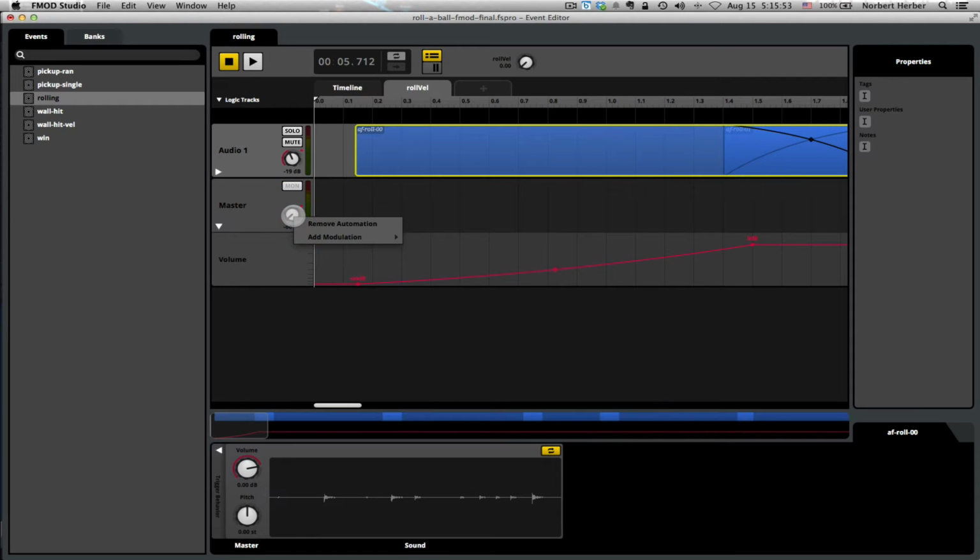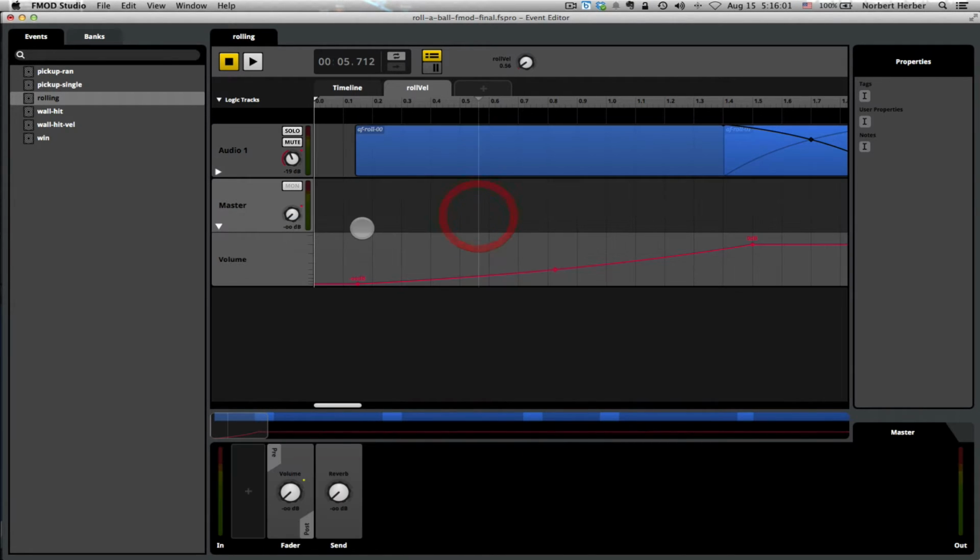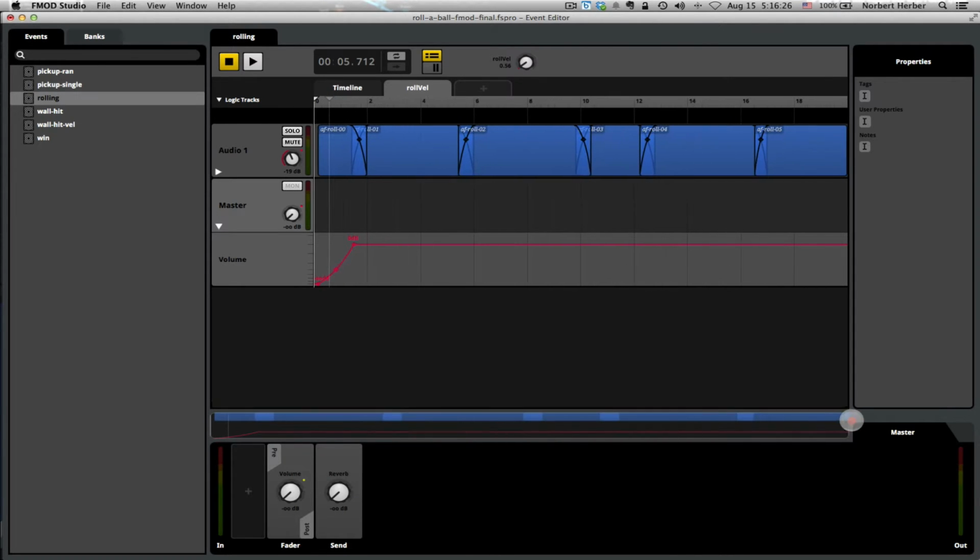You do that by right-clicking on the pot of the parameter you want to control. You can choose Add Automation, or in this case, Remove Automation if automation is already on there. There's a smooth curve going up until we get to a velocity value of 1.5. And so this is another parameter in FMOD that just enhances the smoothness of the transition from no movement to some slower movement. And if I scale out, you'll see that those volume levels here remain consistent at 0 dB